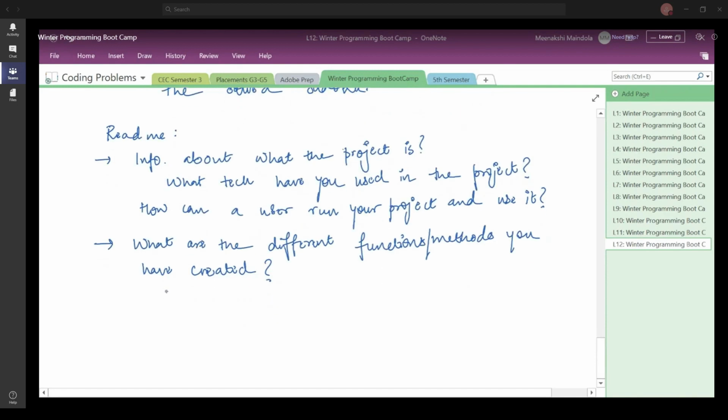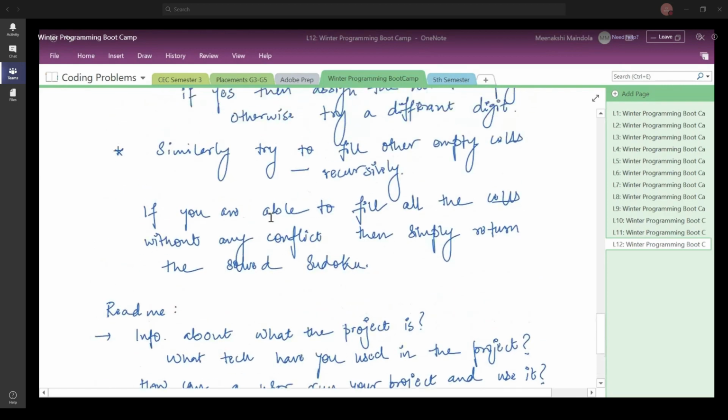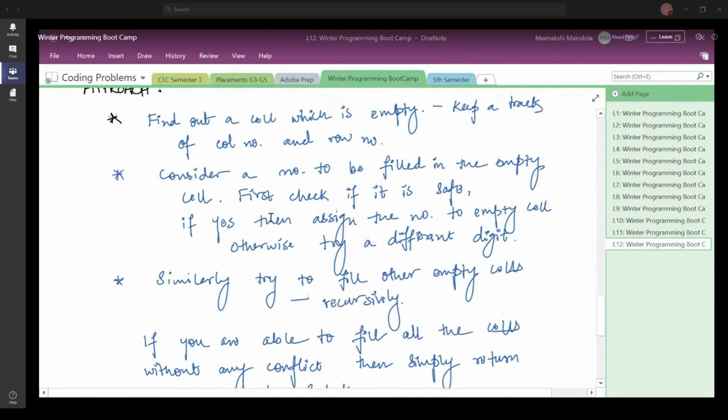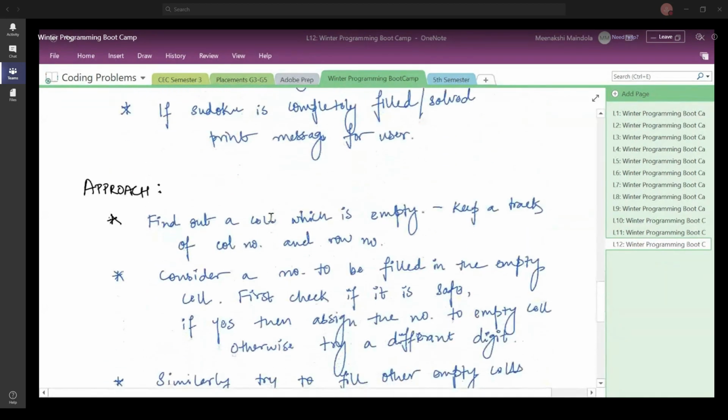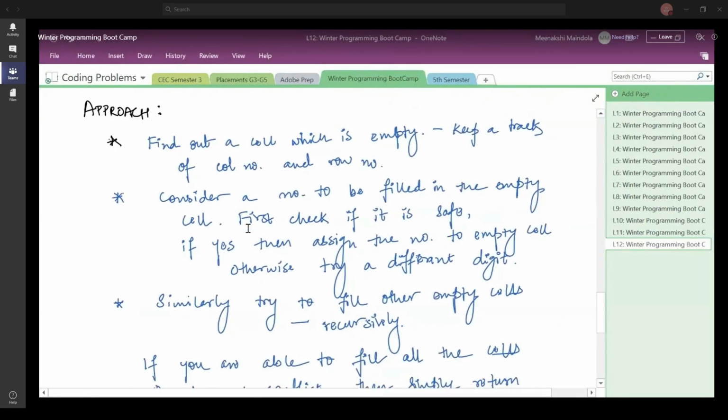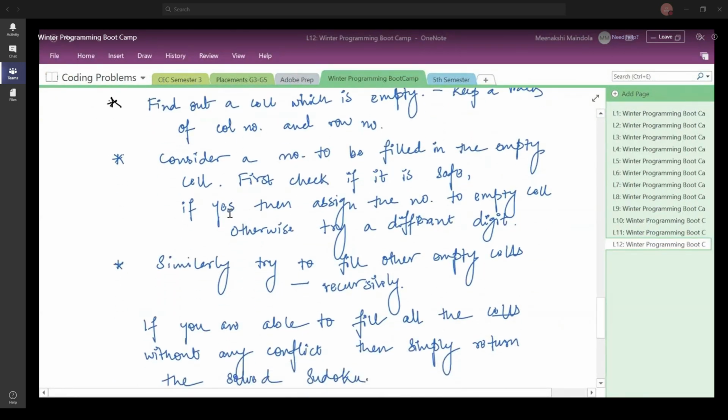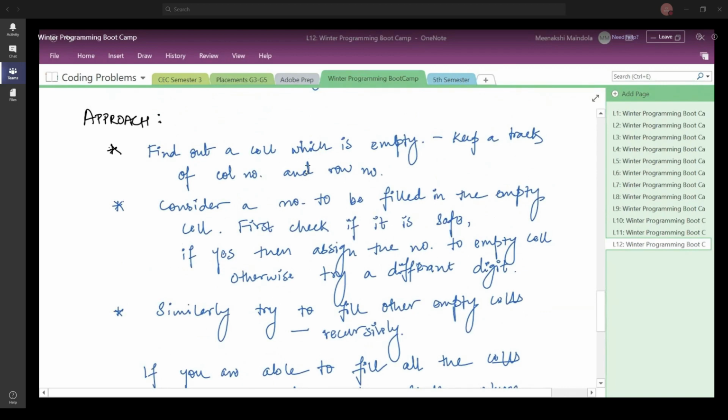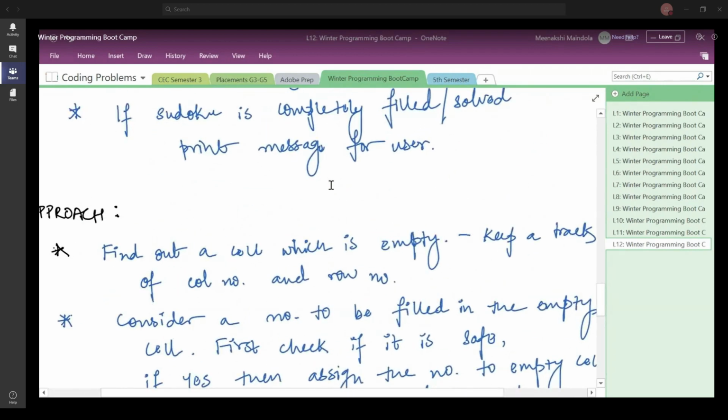This will basically involve the definition of all the functions that you have created in your project or whatever program you're going to create. So for example, let me give you an example of how you should do it. So say here you are going to first for this edge condition, sorry.